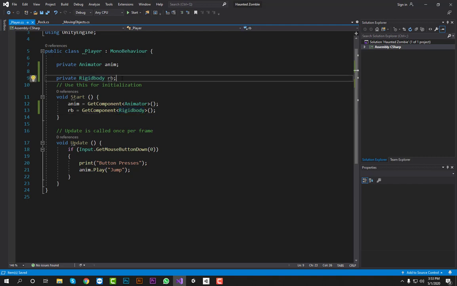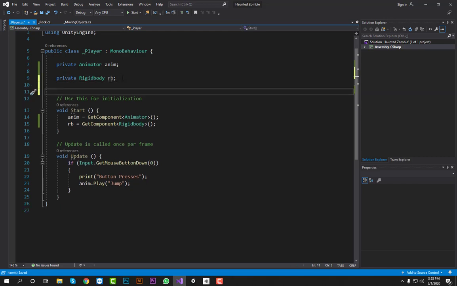Now I will create a variable for how much jump I want to apply to the player. Public float and a jumpForce, and I will assign 70 here by default, and I can change it through the editor. Okay, now